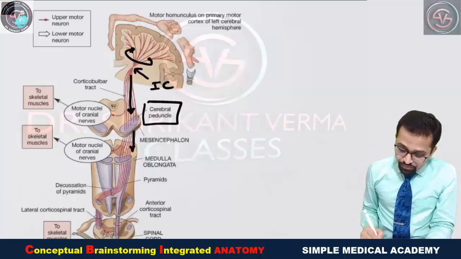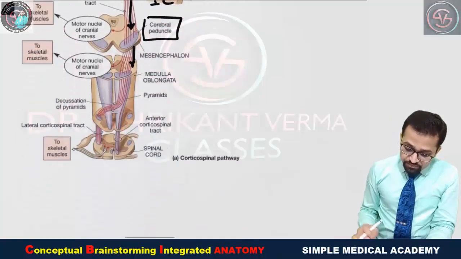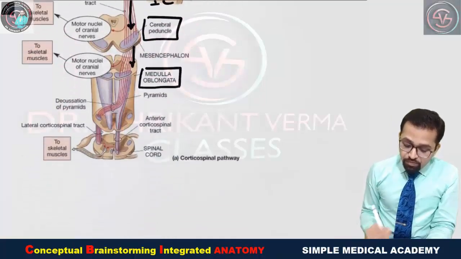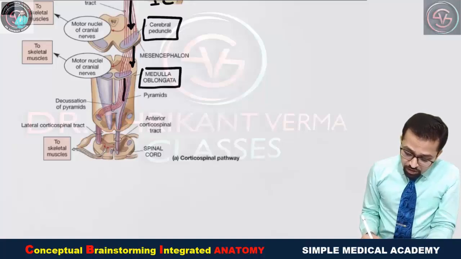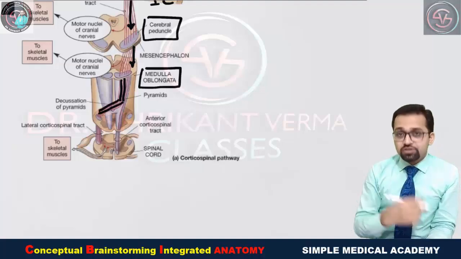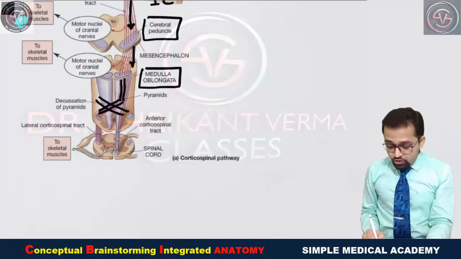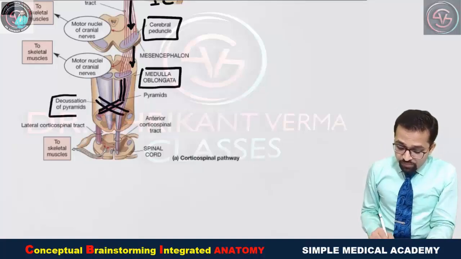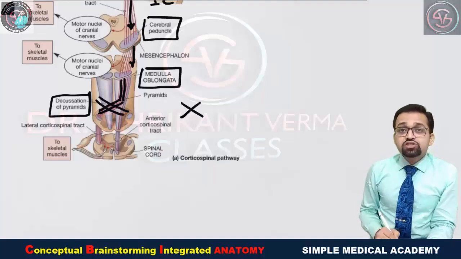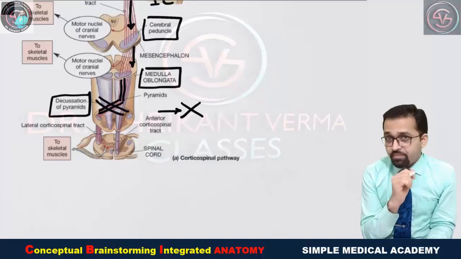Then these are coming down, passing the front part of the pons, the basilar part. Then they pass the front part of the medulla. Can you follow the image? When they are passing the front part of the medulla, near the lower part of the medulla, approximately 80% of fibers are crossing to the opposite side, and the same type of fibers are crossing from the other side. So at this lower part of the medulla, there is a crossing of the fibers. This crossing of the fibers is known as pyramidal decussation. Very important point to remember.